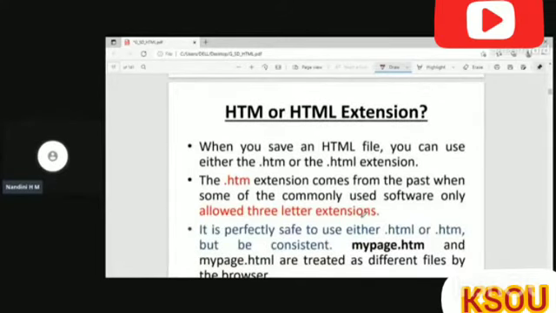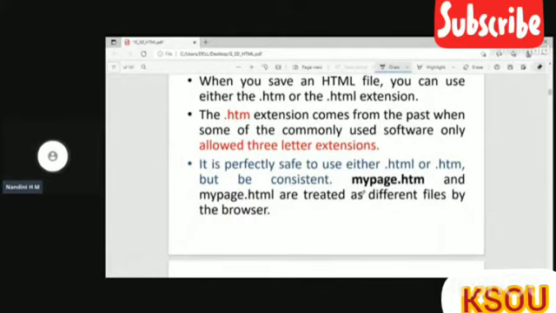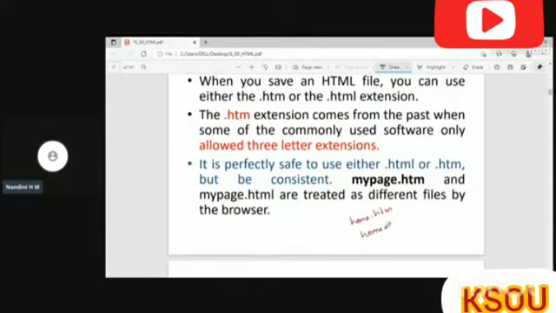So you'll get a question whether to use .htm or .html, right? So you can use both. It is perfectly safe to use either .htm or .html, but you have to be consistent while using both. So if we have given the name home.htm and home.html, the browser will consider these two as different pages.